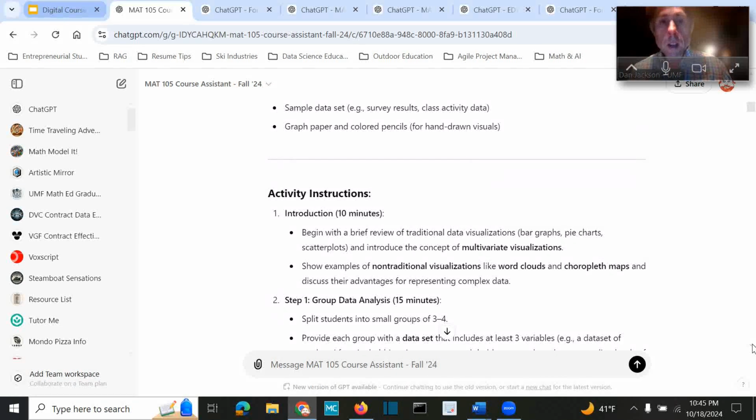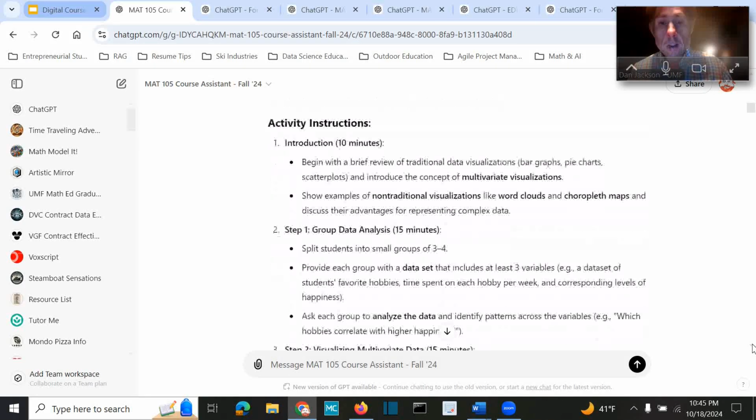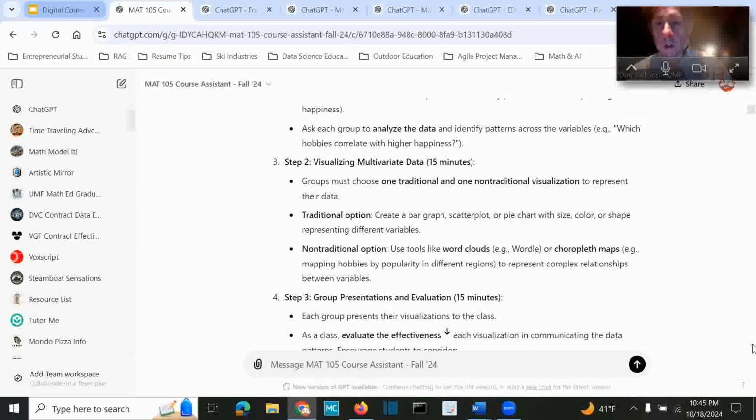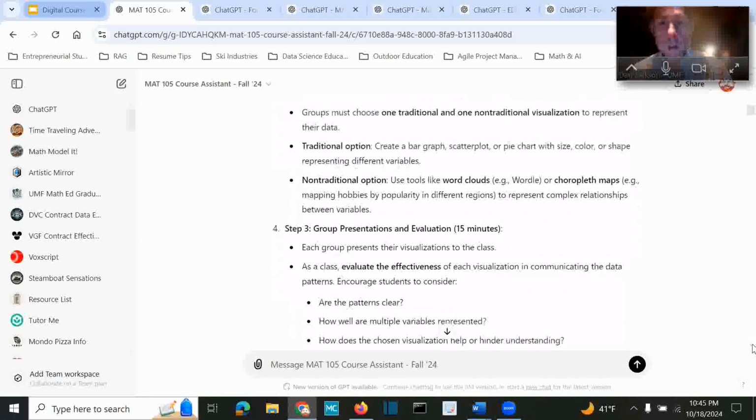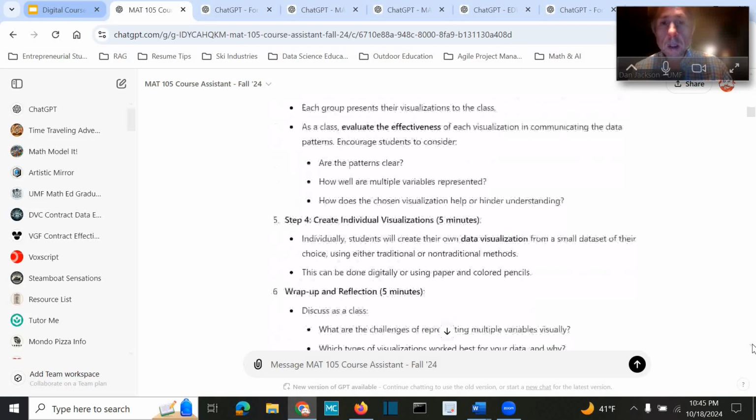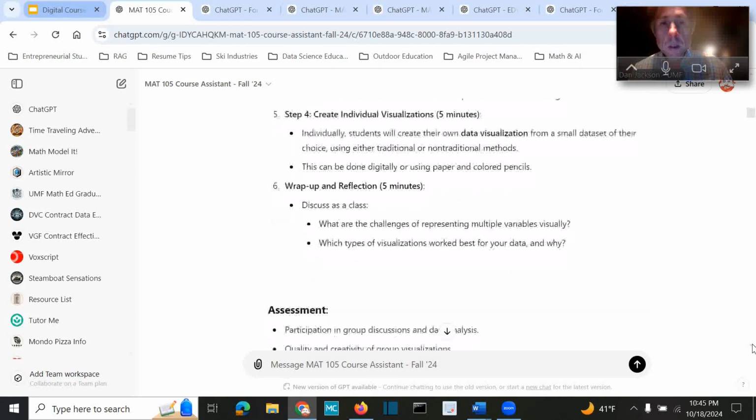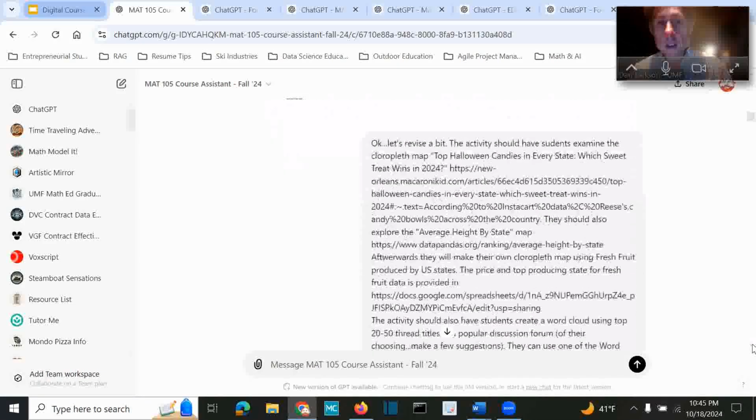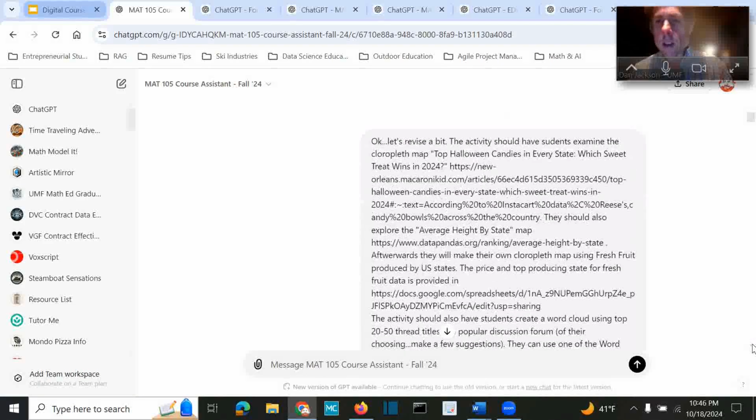And so I read through the activity, and it wasn't quite what I had in mind. I knew that I wanted us to work with word clouds and choropleth maps, so that's in there, but some of the stuff was a little bit wonky. It might have worked, but I looked at it closely and it wasn't quite what I wanted. So I asked it to revise a bit, and I had found a couple